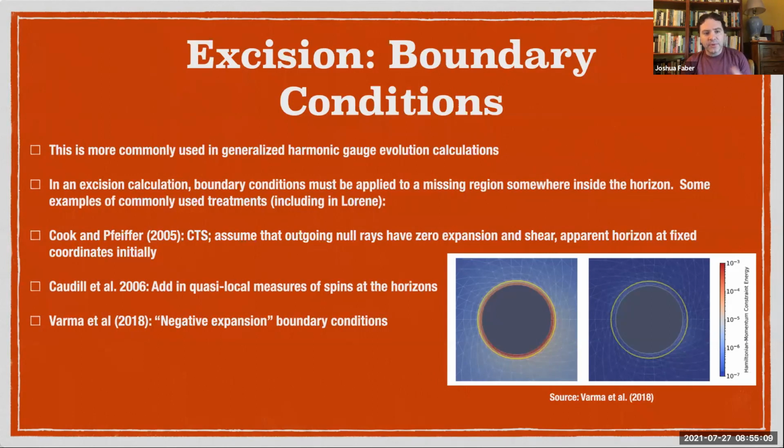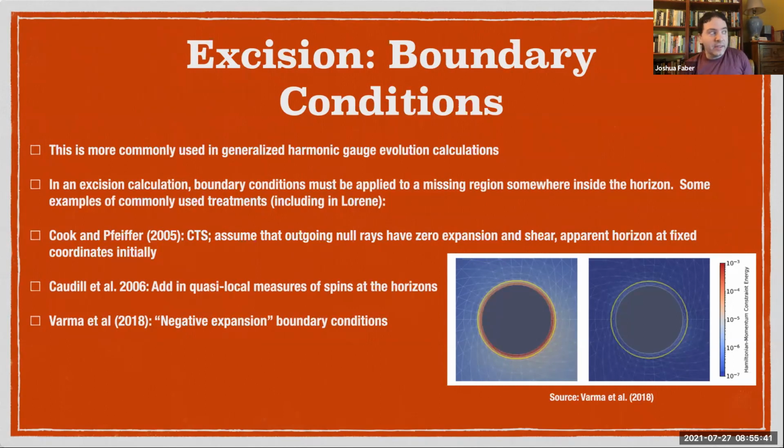The most widely used kind of early excision boundary conditions were from Cook and Pfeiffer. They were constructed in the conformal thin sandwich approach. Basically, you assume that outgoing null rays have zero expansion and shear at the horizon. And you assume that initially your apparent horizons are going to remain at fixed coordinates. If you do so, you get a complete set of boundary conditions, and you can apply them at that spherical